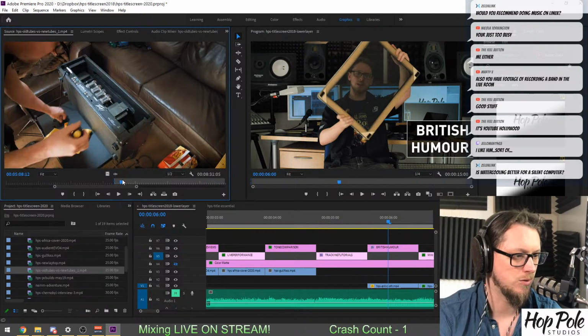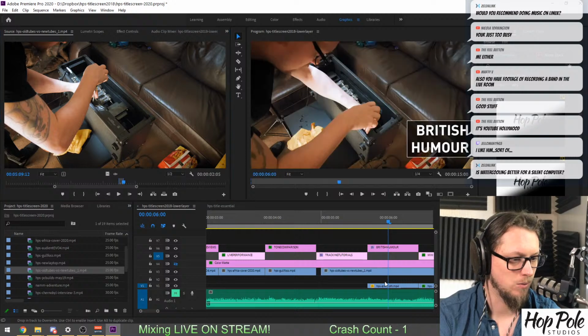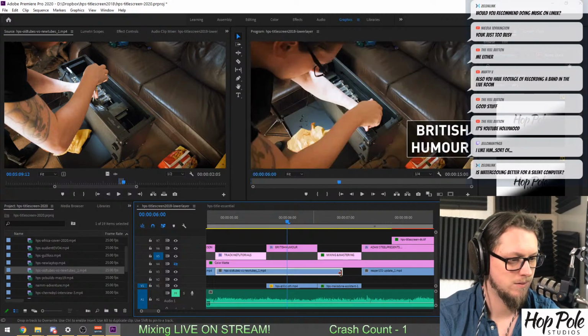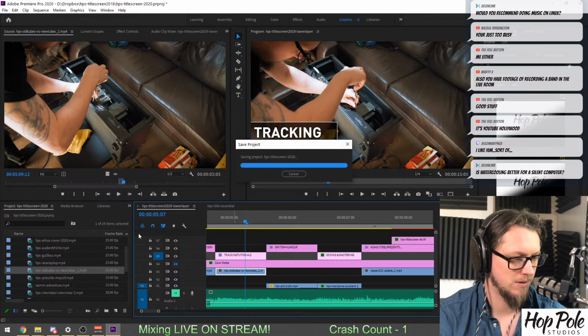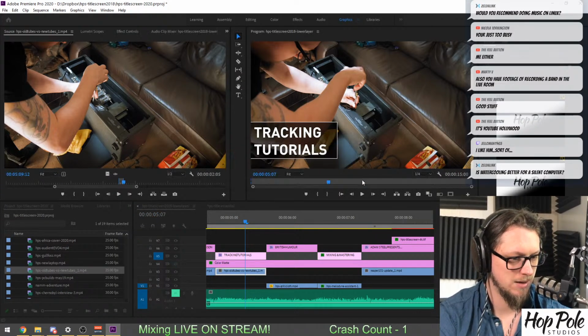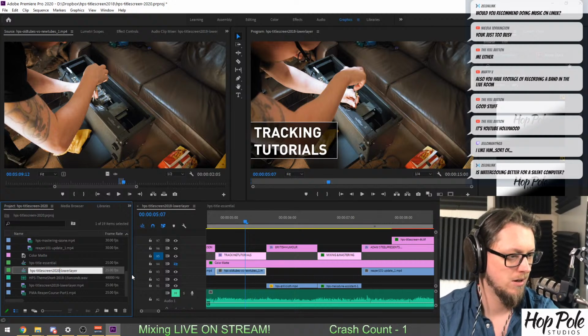There. Zoom right in. That's 4 seconds. I need less than that. I need more like 2. More like 1. There we go. Save. Let's just change the name of this from 2018 lower layer to 2020 lower layer because